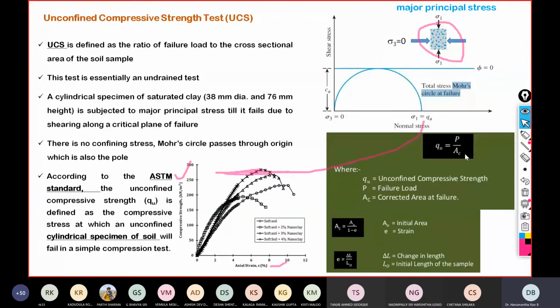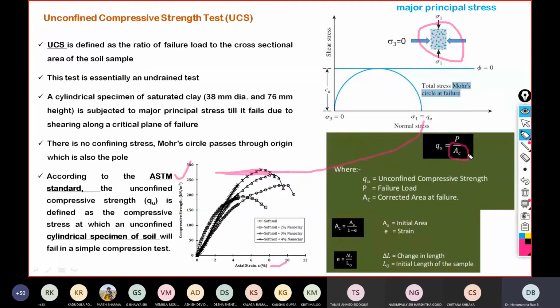However, one important thing is that when the sample is axially loaded, the height of the sample gets decreased. But conversely, the diameter of the sample gets increased because the volume has to remain the same. So mathematically, the volume has to remain the same. Therefore, the decrease in height in the vertical direction is compensated by volumetric deformation in the lateral directions. That means as the axial strain is increasing, the cross-sectional area of the sample does not remain the same.